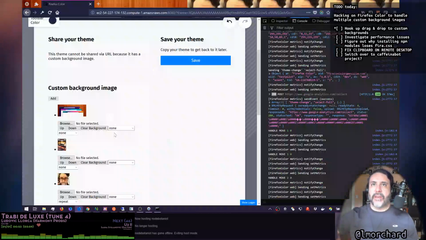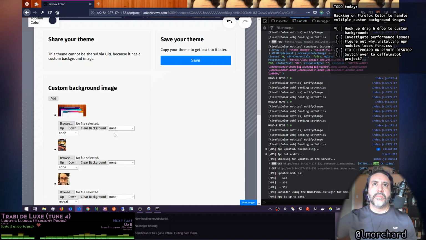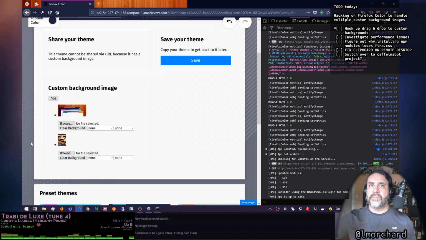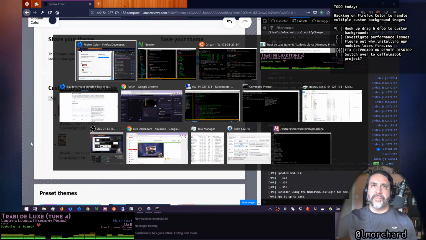And that'll simplify the UI a little bit. It's still ugly as heck, but if I just remove those buttons, we don't need up and down because we can drag and drop. And the clear button still works, yes. Okay, so let's look at the docs again, because I'm missing